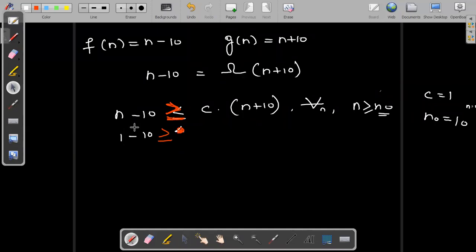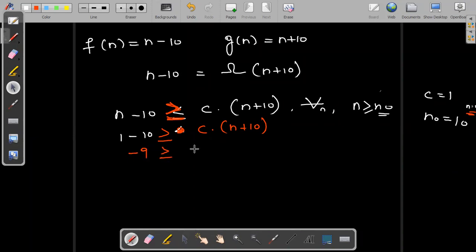Okay, fine. Now observe here, everyone. What we have to prove here is 1 minus 10 is greater than or equal to c dot n plus 10. This is exactly what we have to prove. Now very simple, how to prove this one? That is the reason why I have taken the values. First you check with the n value. So 1 minus 10, what will you get? Minus 9, greater than or equal to